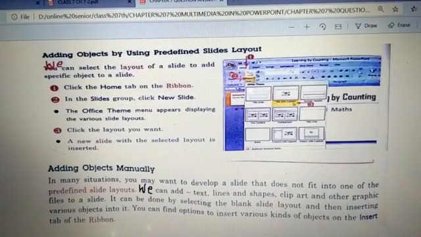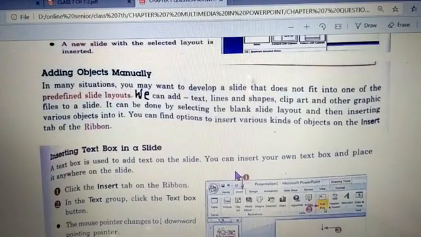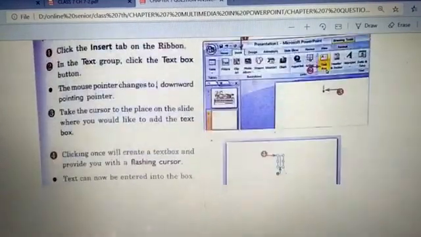Now how will you do it manually, children? You can write the steps directly here. Inserting a text box in a slide layout, step 1, 2, 3. This is beneficial to you because you have to give a little introduction on what all these things are, right? How you can add objects manually. Before that, you need to tell which objects you can insert manually, and those are text, lines, shapes. These are the things, and after that you can give the steps. Okay children, I hope this is clear.